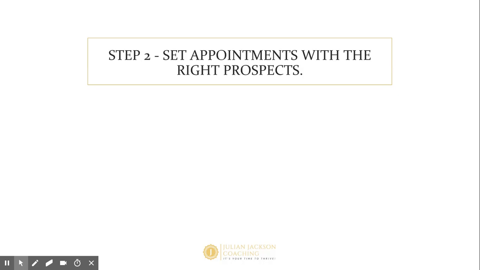And then from appointments to signatures, which is the S in my last system, and then the T, track those transactions from lead to close. That's what it takes to be a six-figure agent and triple your listings. So any of these steps that you're not doing, you need to employ those as soon as possible. Implement these things in your business and it'll make a huge difference. But what I'll talk about today, or at least in this module, is setting the appointments with the right prospects.